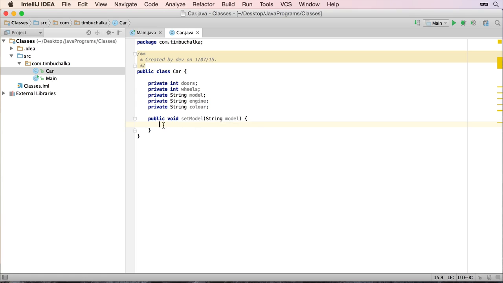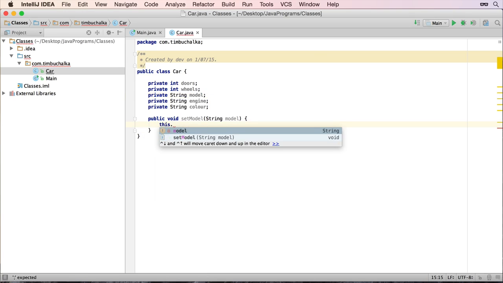So how do we do that? Well, it turns out there's a way to do that. And the way to do it is you type the word this when you're referring to the field for the class. So in other words, if we want to update or access this particular field, we put the keyword this before the definition. So we type this dot, and notice when I type model, it automatically comes up for us from IntelliJ. Press enter,